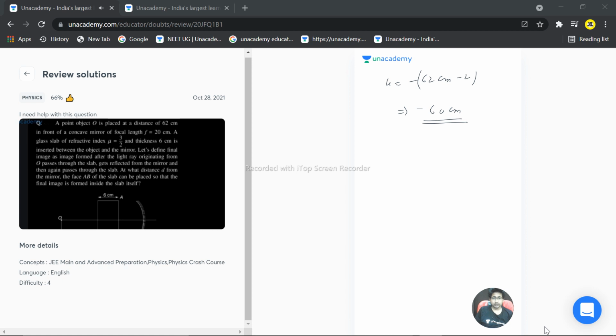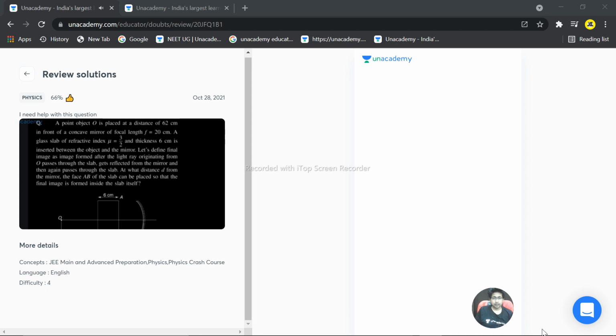And focal length is minus 20, so we can calculate v is equal to u f upon u minus f. u is minus 60 into minus 20 divided by minus 60 plus 20, so this is coming out to be 60 times 20 by minus 40. 20 twos are 40, 30 twos are 60, so v is coming out as minus 30 centimeter. So now we have successfully calculated the value of v, that is minus 30 centimeter.